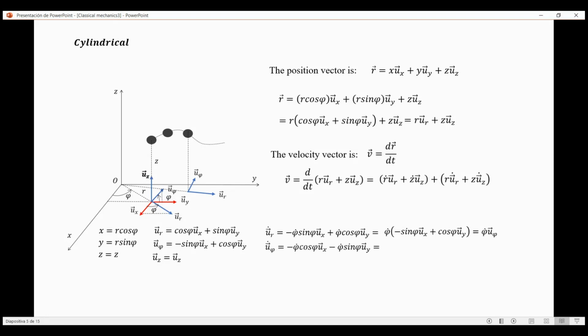Following a completely analogous procedure, if we derive u phi in time, this is minus phi dot cosine of phi ux minus phi dot sine of phi uy. And again, if we take out the common factor, minus phi dot multiplying cosine of phi ux plus sine of phi uy. But this inside the bracket is ur. So the derivative in time of u phi is minus phi dot times ur. So we just substitute ur dot here,